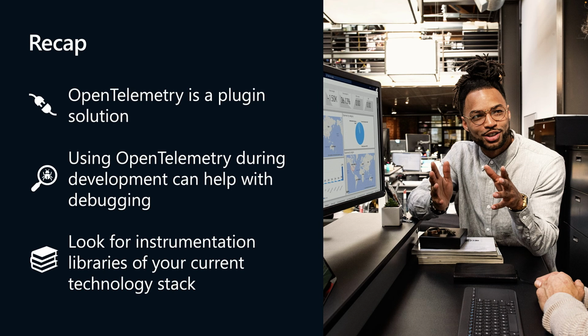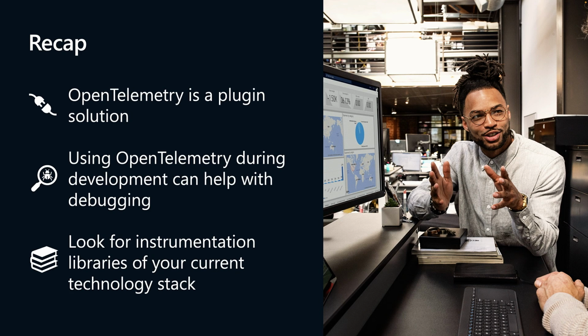If you use it during development, it can really help you with debugging. One of the big challenges with AI development, especially when working with large language models, is that most of them can't be run locally. If it's a large model, you typically can't run it on your local machine, so you need to connect it to a live API. And this means that debugging can be hard because things are hard to reproduce. So the more information you can have in the system when you're developing, the more reliable you can make your application. OpenTelemetry really helps with that because you can drop it in your stack and you get full traces